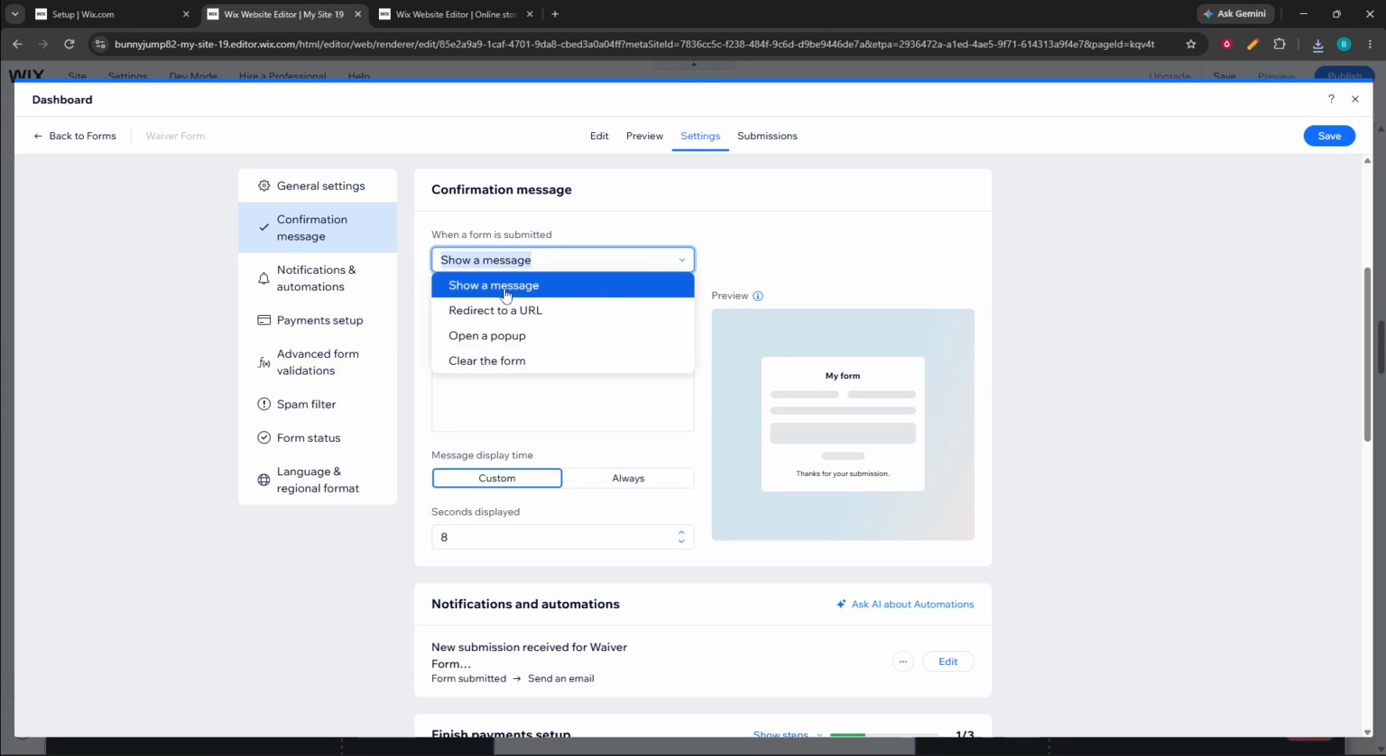Once that setting is selected, you will see the Confirmation Message editor. In that editor, remove the default text and type the custom submission message you want your visitors to see. You can keep it simple and professional, such as a thank you message or a short note confirming that the